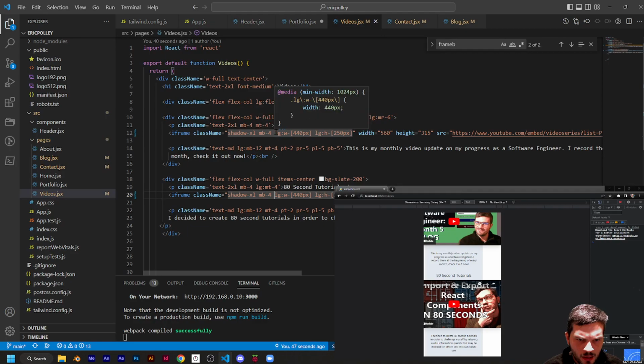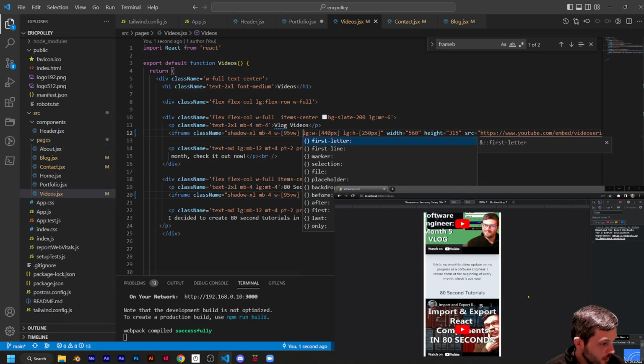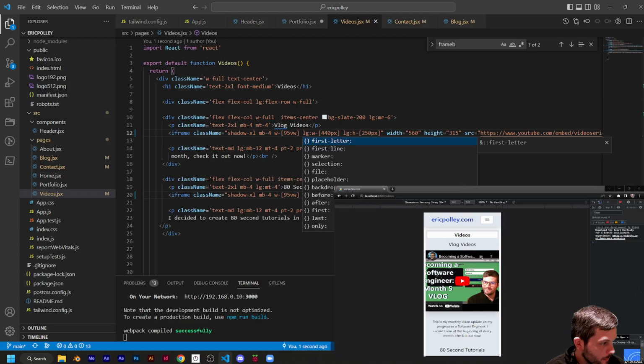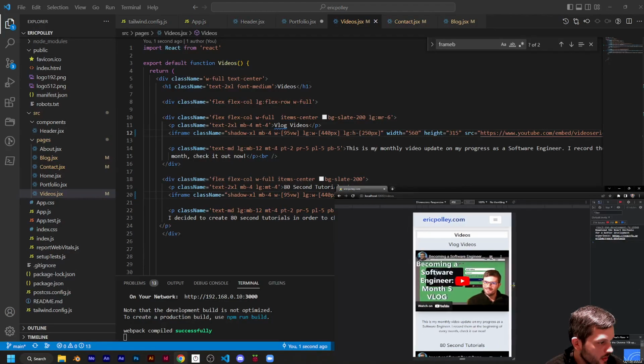It's because it doesn't even tell it what to do if there are not large screens. So a standard should be a width of 95 view width. And then, no matter what, it'll be in the right box. But if I add for responsiveness, yeah, see, it just squishes down